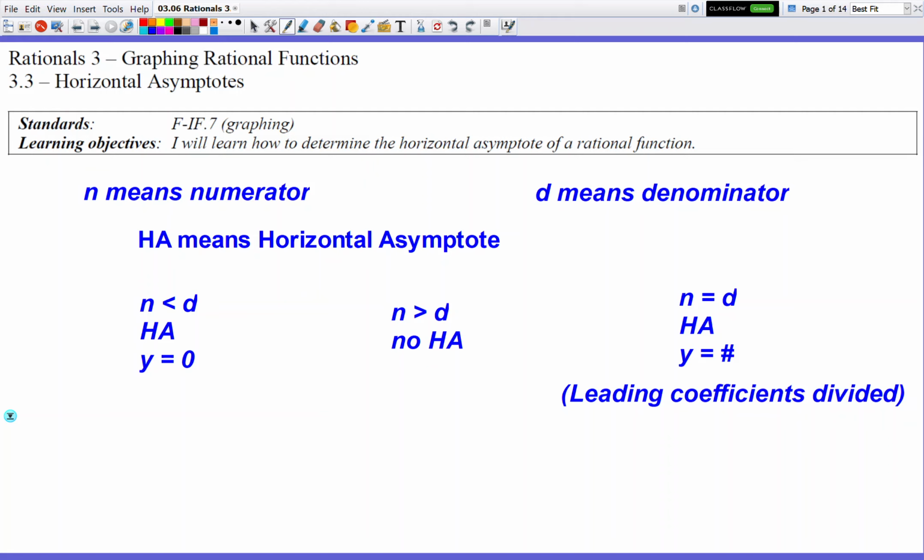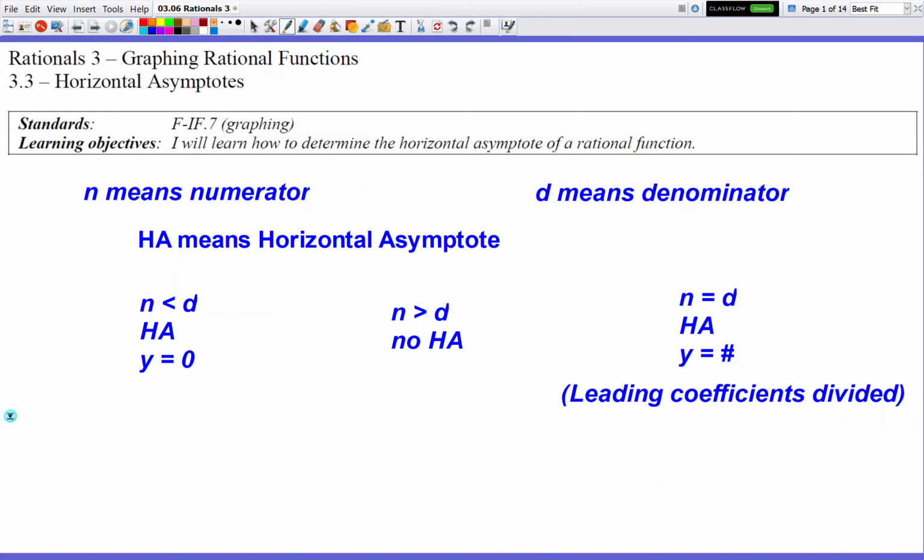Alright, today we're going to continue studying asymptotes. Last lesson we learned about vertical asymptotes. Today we're going to learn about horizontal asymptotes. Tonight's lesson is going to be a little bit more difficult though, because there's a lot more understanding that needs to be involved with figuring out the horizontal asymptote. So hopefully it makes sense, and the explanation is pretty straightforward so that you guys can actually figure it